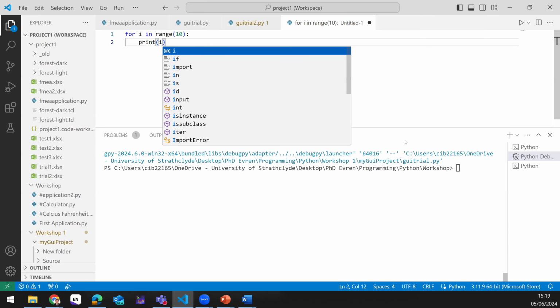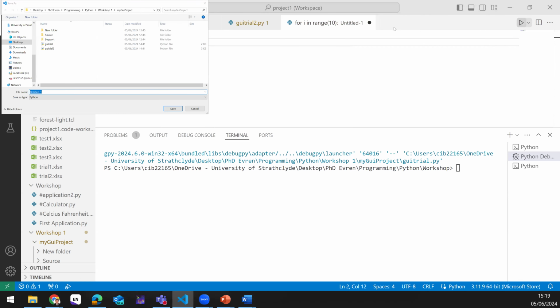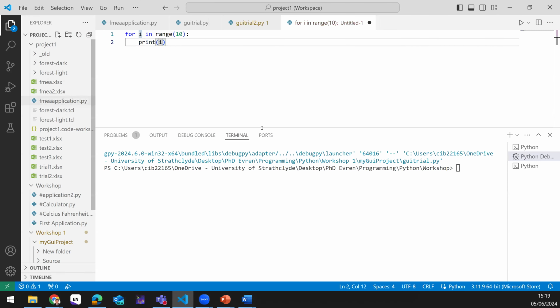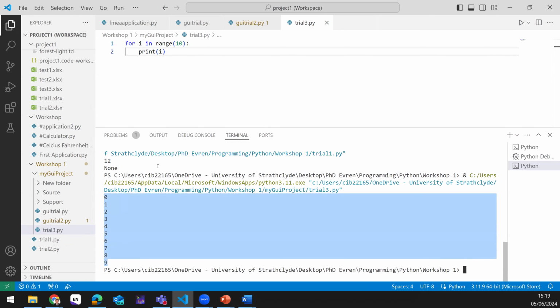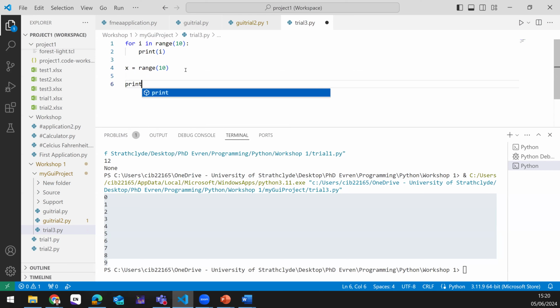Okay. Now I will be selecting this one. You see, it goes until 9 because if we print the range, so let's come here to see. Let's say that we have a variable called x. X is equal to range 10. This is for understanding the range function. And if you print x,